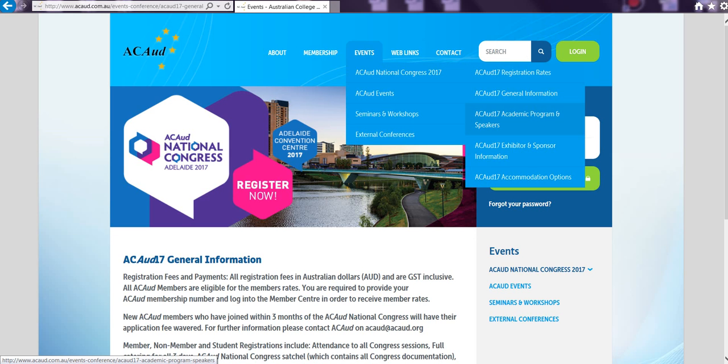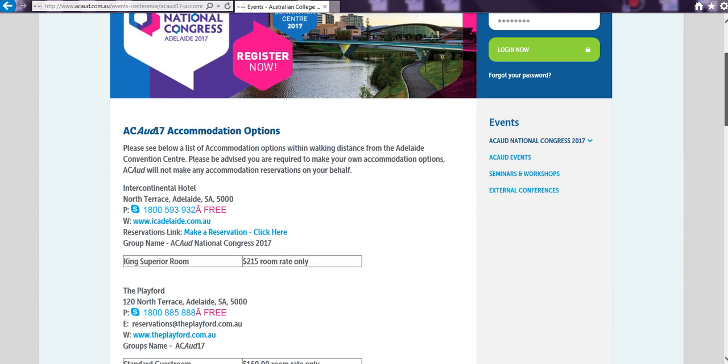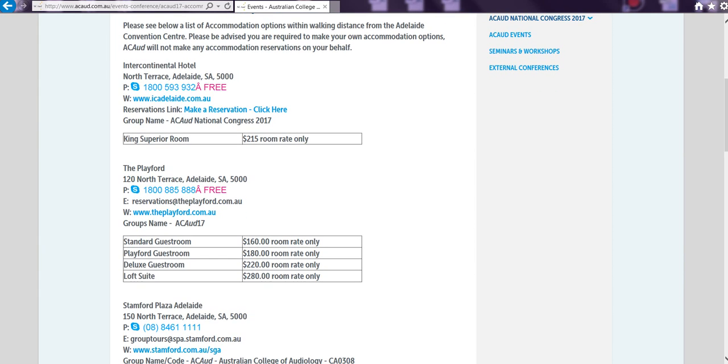Also, the academic program and speakers information is still coming, and I'll update you on that as we go. And accommodation options are also listed if you wanted to have a look into that. It gives you all of the hotels that are in the near vicinity of the convention and exhibition centre, and also rates and codes. Take note of these codes because